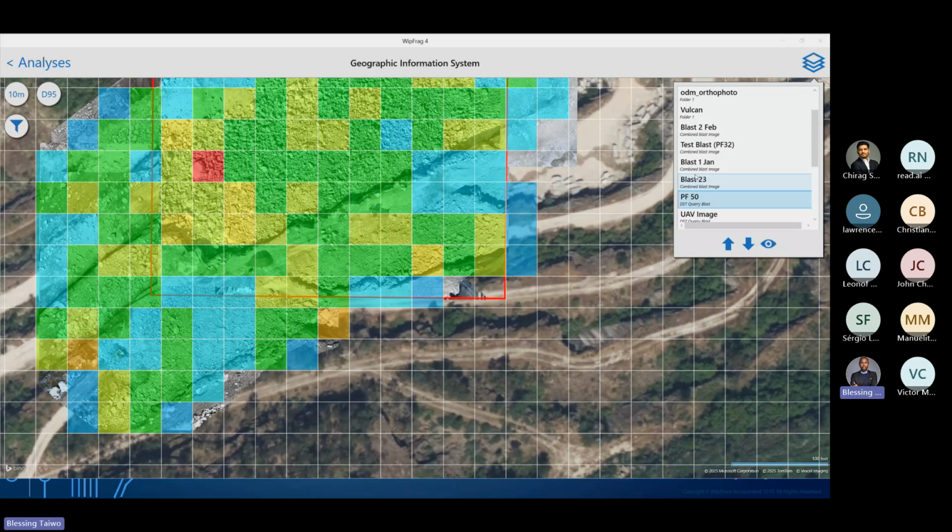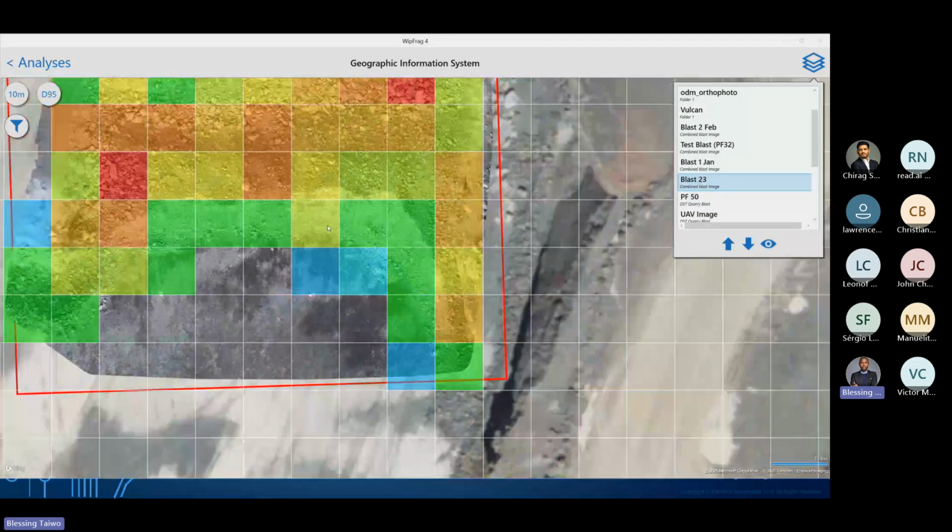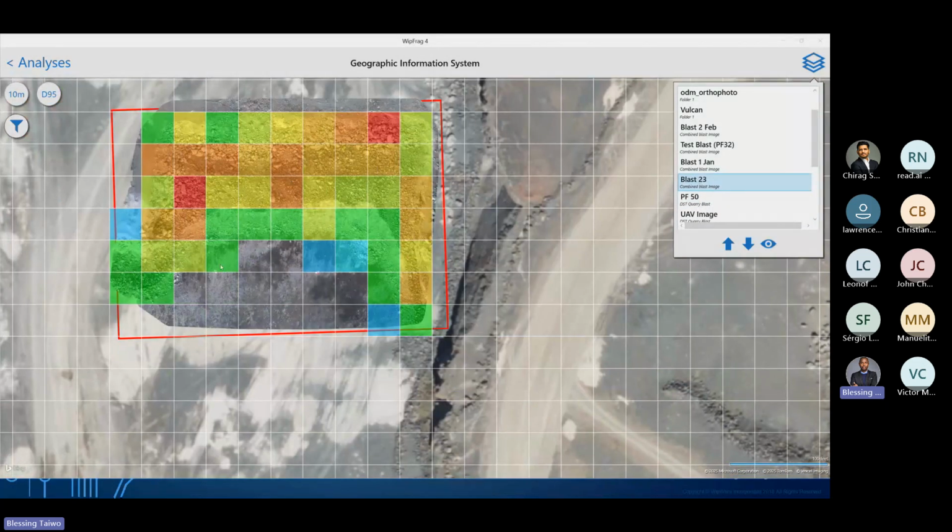Here you can see a different example of a blast, with drone images that I've analyzed as a study. In this mine, there is good fragmentation at the front row, but at the back row there is a lot of poor fragmentation. When we examined what is going on, there's poor confinement at the back, and it means that the free face generated at this section of the blast is poor.